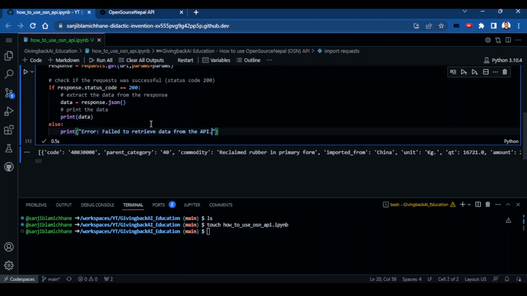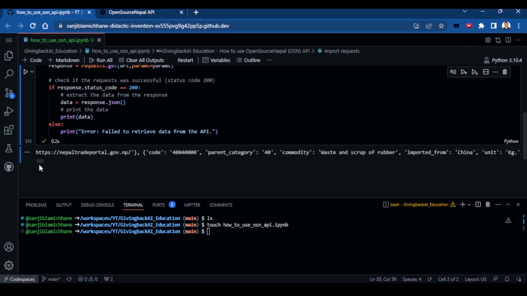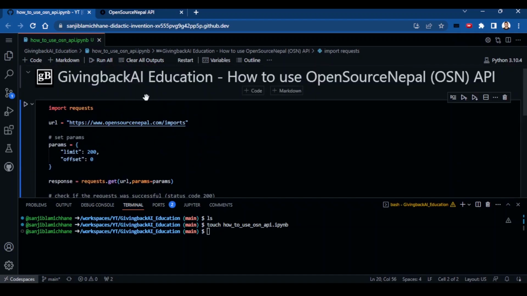All right, so let's just run it one more time, hopefully no errors. But what does this mean? What is the use case of this? Well, I want to show you real quick, what if the request was not successful. So let's modify something here.